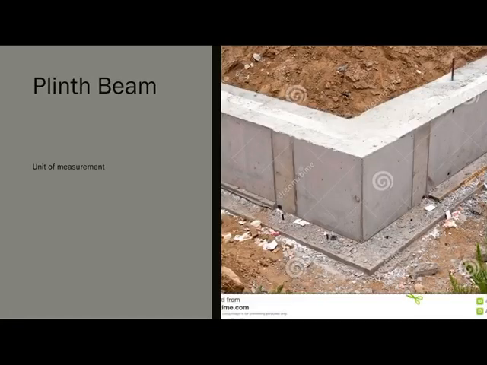Next we have something called as the plinth beam. Now the plinth beam is the first layer that comes above the ground surface, and usually plinth beam will have an offset of, let's say, 1 centimeter from the face of the wall, but again this is also taken in meter cube, where this will be the width B and this will be the height, and then you have the length of the wall. The unit of measurement here is again meter cube, and usually this is RCC, the material that you use.